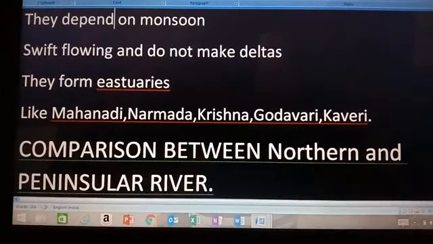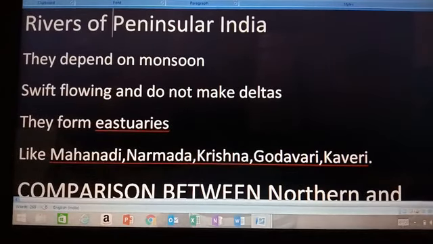Then we have studied the rivers of peninsular India. They are not snow fed, they depend upon monsoon. They are very swift flowing and they do not make deltas. They form estuaries before joining the Bay of Bengal.